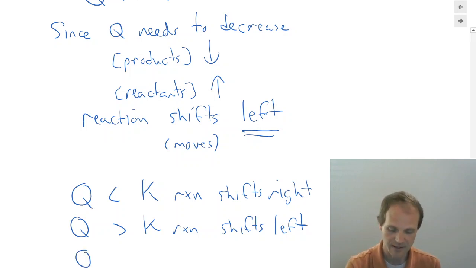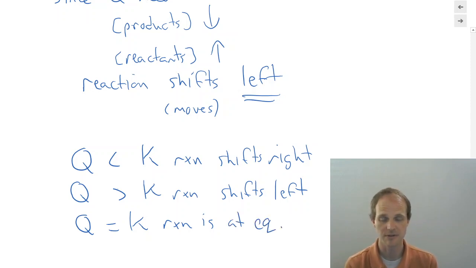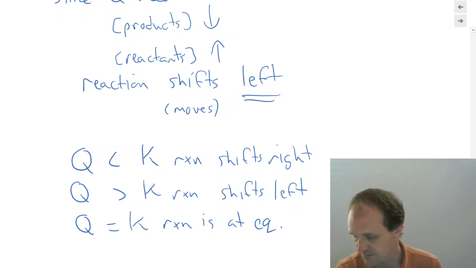If Q is equal to K, right, you didn't know if you were at equilibrium, but you found that it is equal to K, then the reaction is at equilibrium. And so you've actually found, by doing the calculation, that your reaction is at equilibrium. So we're actually going to use this Q value a lot when we don't know what's happening. When we have come across a system and we say, oh, we've already got all this stuff in here, what's going to happen? We're going to calculate Q and figure out, is the reaction shifting left? Is the reaction shifting right? Or is the reaction already at equilibrium? Because that will help us determine how to best proceed forward.